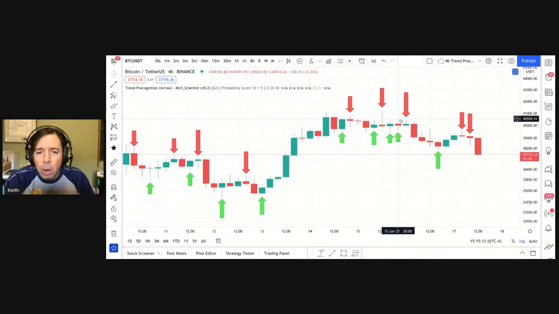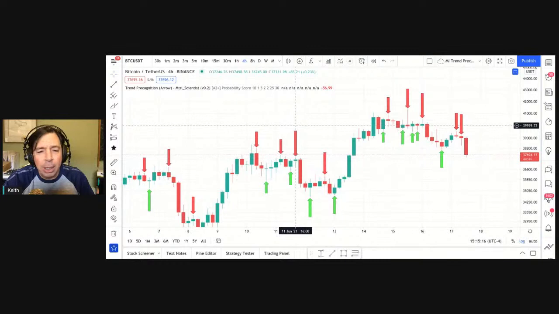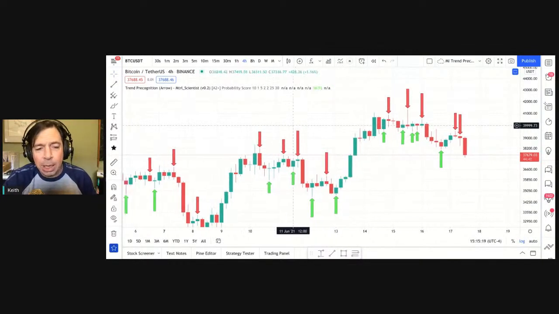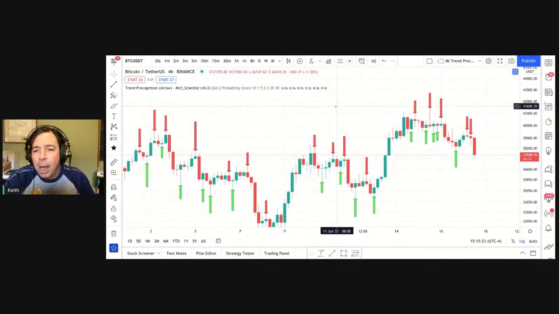Okay, so as I mentioned earlier, I don't like to see a lot of candles. I mean, a lot of noise on the chart. I like it clean, or as clean as I can get it. And I don't want a ton of signals. I want the most accurate signals.